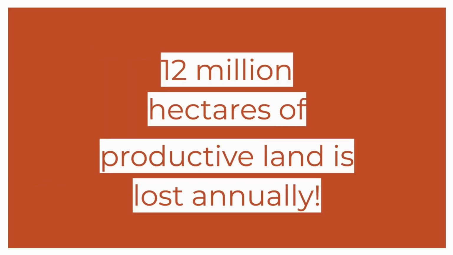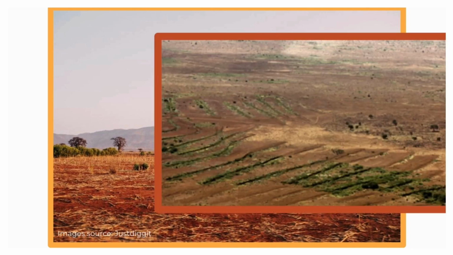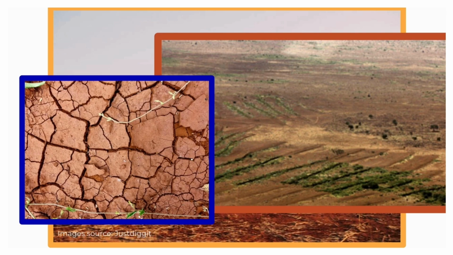Mama Aisha's challenge and frustration is part of a global problem where 12 million hectares of productive land is lost annually. This is caused by excessive agricultural practices, constant production, and little to no restoration, and constant overgrazing, which has contributed to damaged soil structure, increased erosion, and reduced soil fertility. And also the vicious cycle of soil degradation, where the clouds don't form and the atmosphere heats up. When it eventually does rain, the soil can't take in the water, causing floods of nearby farmlands and further soil